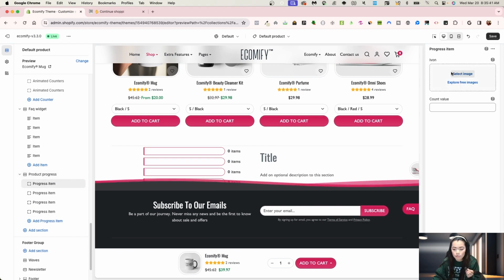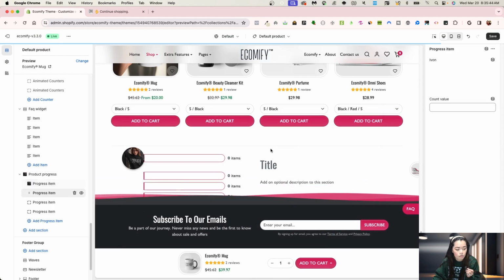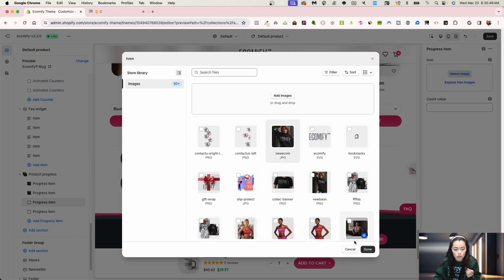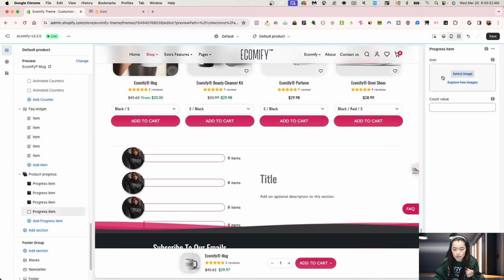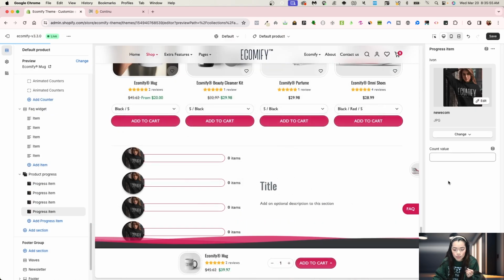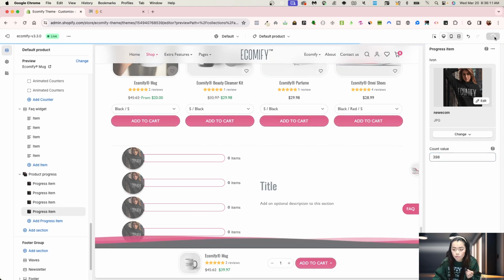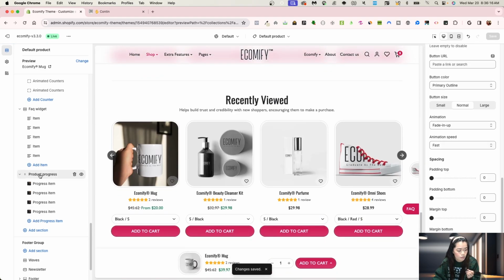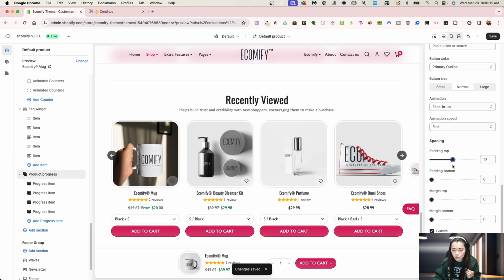So I'm going to start pulling in the images. And remember, this section can only be used once per page. So we're going to keep on adding the items here, and then also we're going to have a cart value. So let's just make up some good numbers here. We'll do that, and then we'll do this number, and then we'll do this number. I'm going to click save almost everything I do, and then the other thing I'm going to do is go into my section here and scroll at the very bottom and start giving some